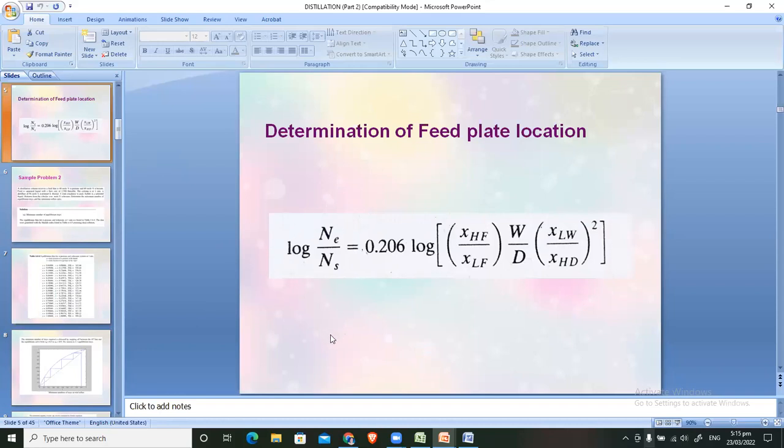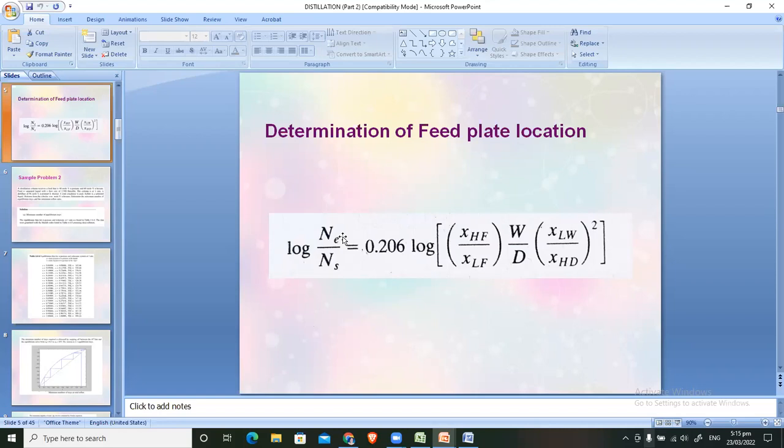If you have the total number of stages already, then you will have another equation relating the number of stages in the enriching section to the stripping section, because N sub E plus N sub S would be your N, your total number of stages. So from this equation, if you already got the N sub E over N sub S ratio, then together with that one, the N sub E plus N sub S equal to the N that you got, you'll be able to find the N